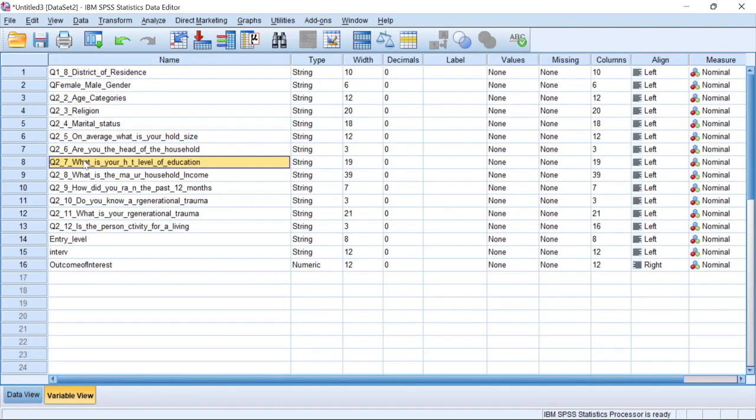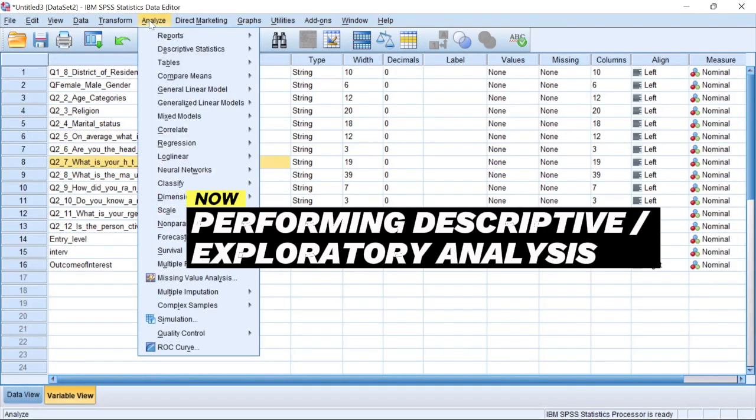So to perform the analysis, you want to perform the descriptive analysis. What you will do, come to Analyze,